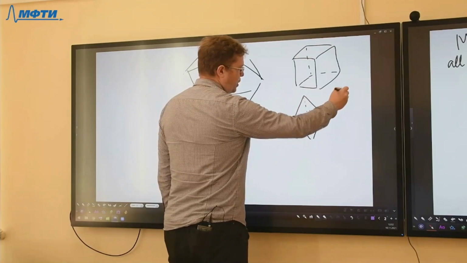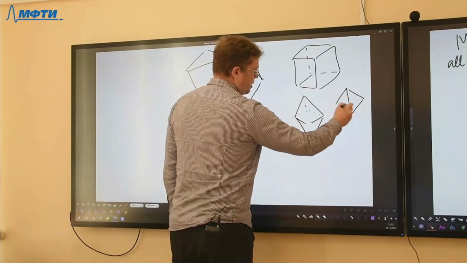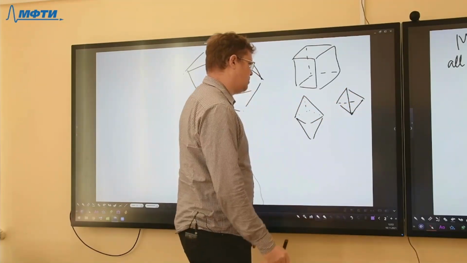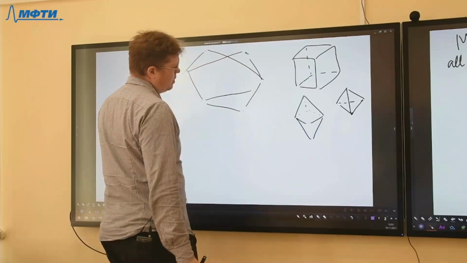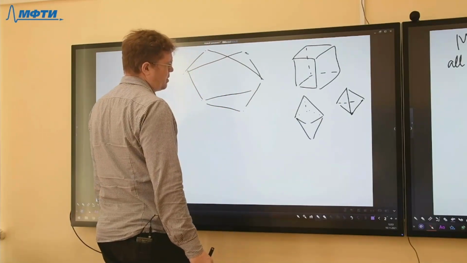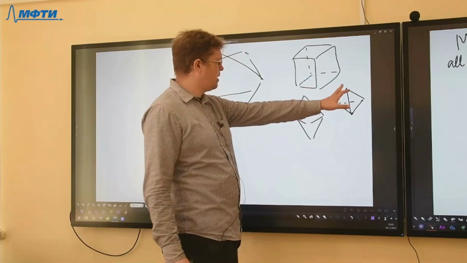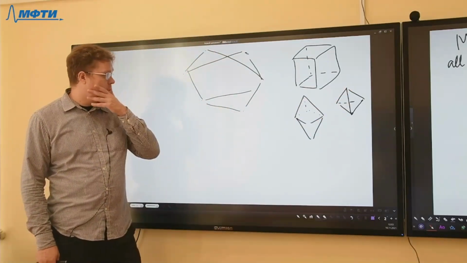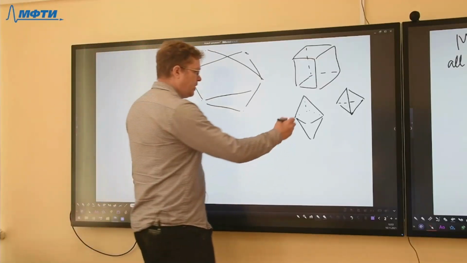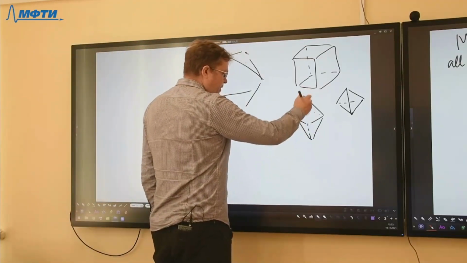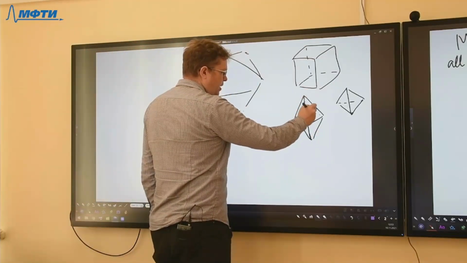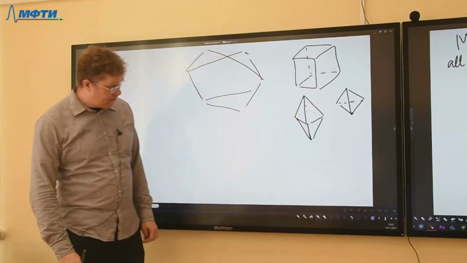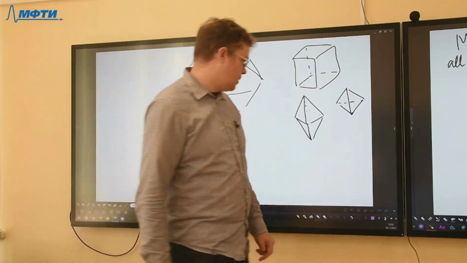Of course, if we have the triangle, it is not big enough, so we can just try to find all possible trails. But if it's big enough, for example, the icosahedron or the dodecahedron, then it's much bigger. So we want to have some criterion here. And the main idea is that